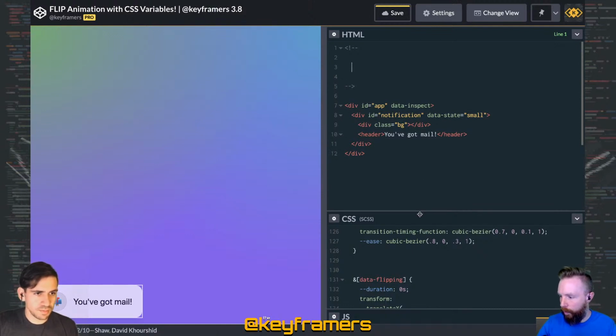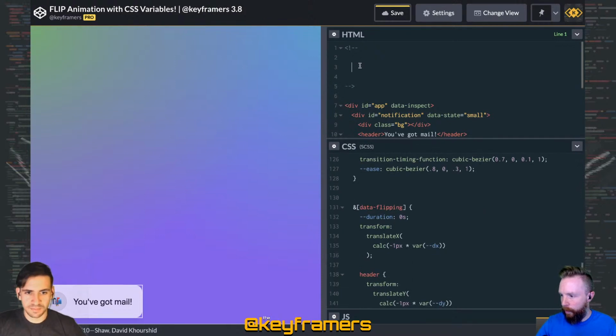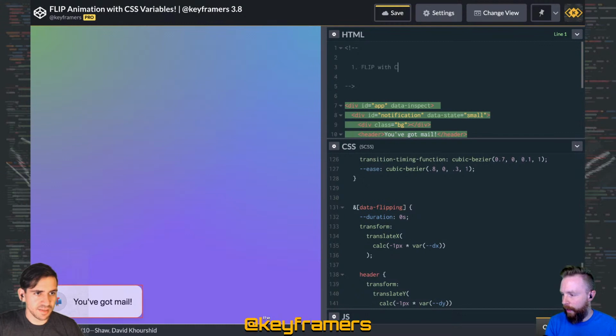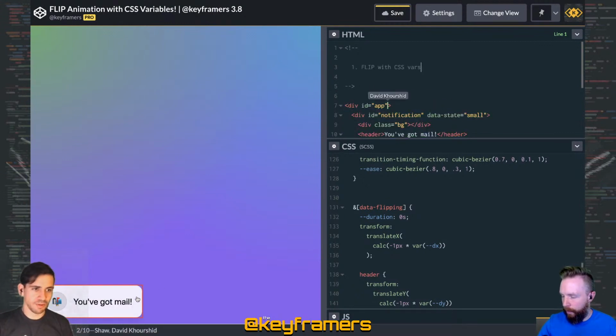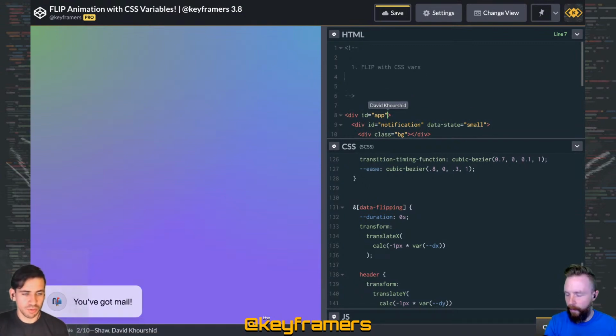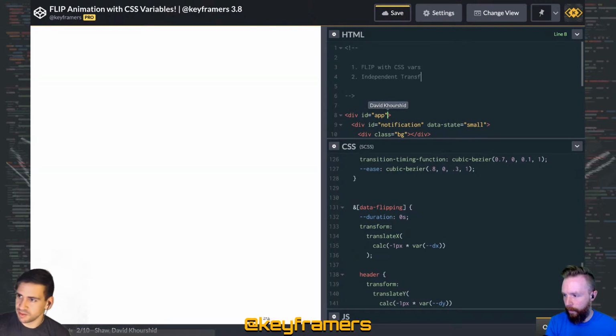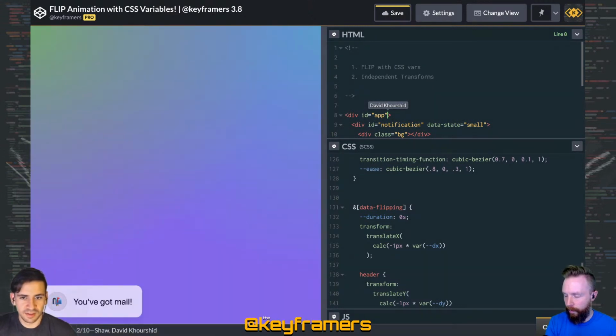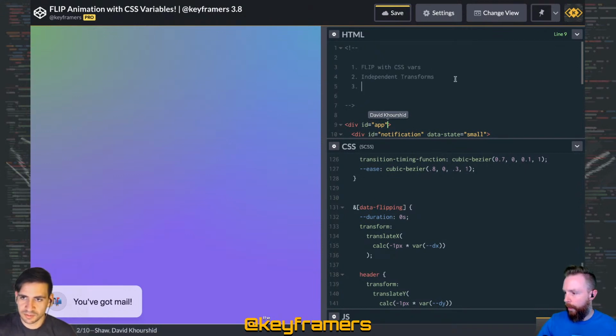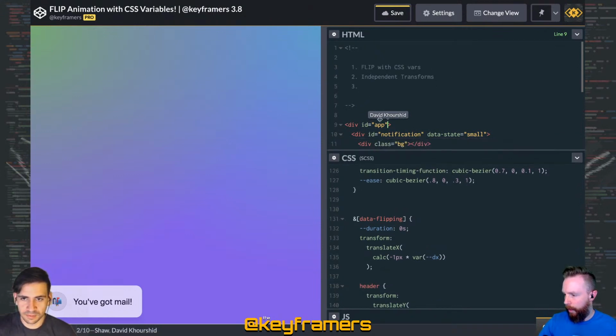So there's a few things to break down. I mean, the entire flip technique for one. I also added a data inspect thing over here to show. But yeah, flip with CSS variables, we could go through that. And we could also go through the independent transform animations. Actually, number one is going to cover a lot of things. So yeah, independent transforms, and then